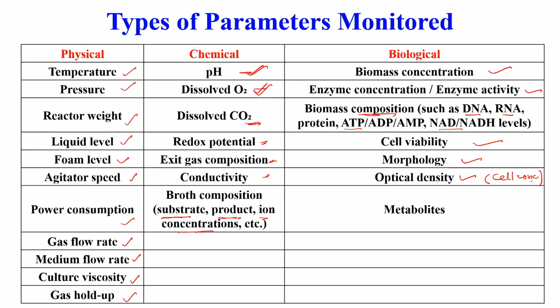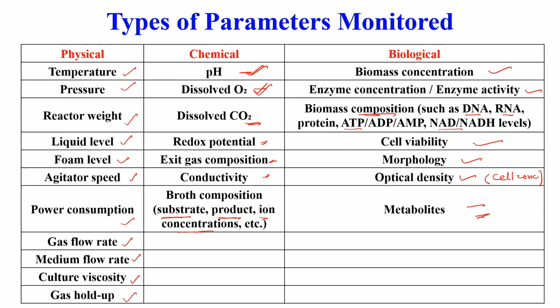We have discussed this in the previous module, where we discussed how to monitor the cell growth. There we have discussed the optical density method. Typically, we go for OD at around 600 nanometer to monitor the biomass growth. Then metabolites, what are your products that can be monitored. So, these are the various biological parameters which can be monitored, and once they are monitored, then